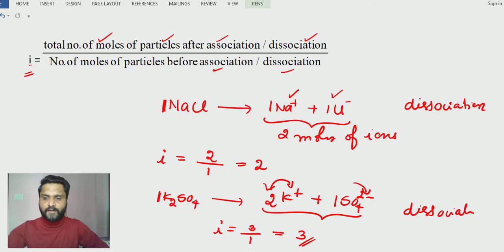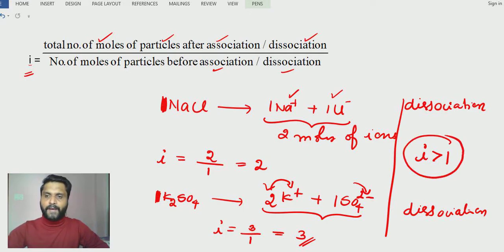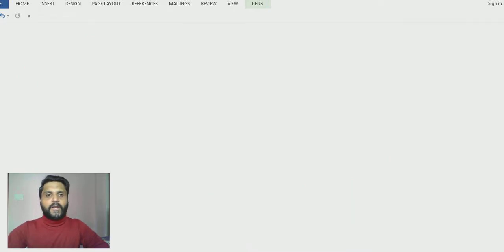Remember dissociation. Now we found that for dissociation, the i value is always greater than 1. So always you start with 1 mole of the starting material. It undergoes dissociation and will always produce more than 1 particle. So i is always greater than 1 for dissociation. Clear, students? Now let me go for association of the molecule. Okay, let me take in general, suppose I take 2 moles of A. It will undergo dimerization. Dimerization means 2 molecules will give a single molecule.